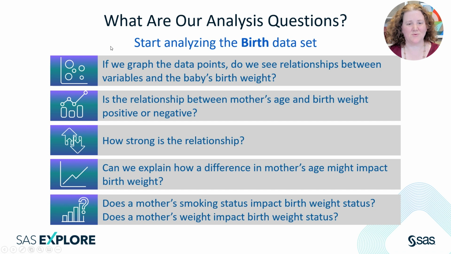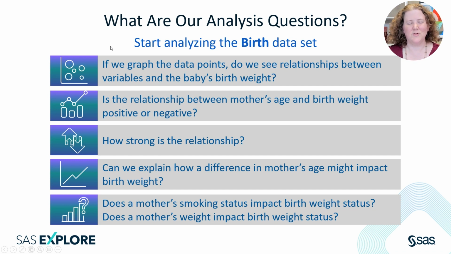Previously, we did some data exploration with the birth data set. We generated descriptive statistics for continuous predictors, as well as our outcome, and we also generated some frequency tables for categorical predictors. Next, we did some basic hypothesis tests. We looked at how to compare the mean of baby's birth weight for a 2-level predictor using a t-test, and then we also compared the mean birth weight for a 3-level predictor, which was the number of physician visits during the first trimester. Now we'd like to fit a formal statistical model for the baby's birth weight. Before we do that, we're going to do some additional data exploration.